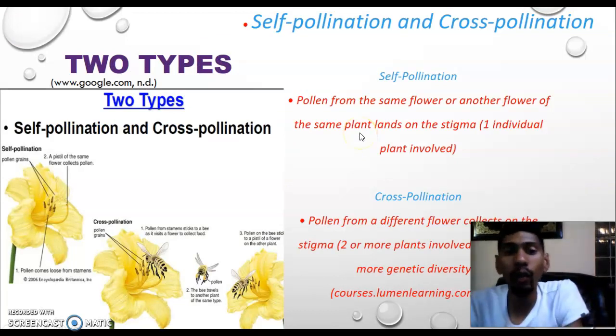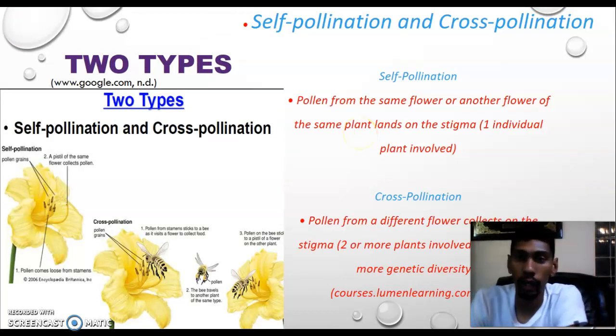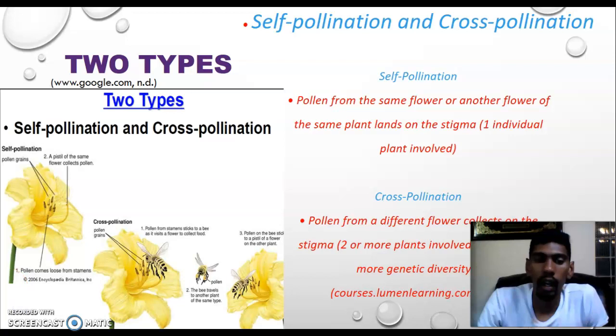Okay, then we have two types of pollination: self-pollination and cross-pollination. Okay, so self-pollination. It's when the pollen